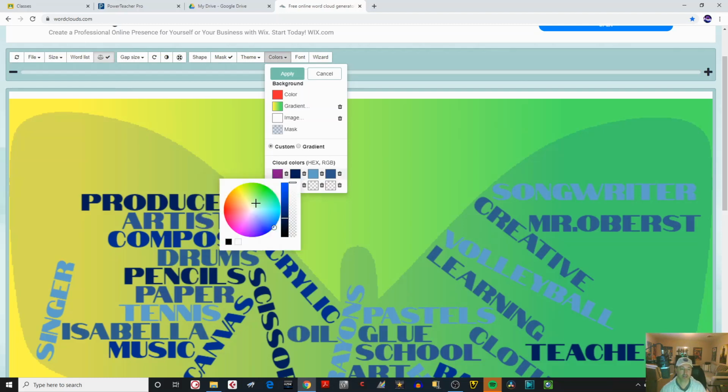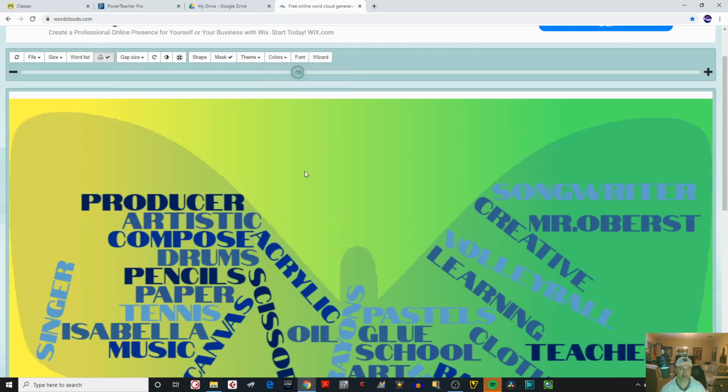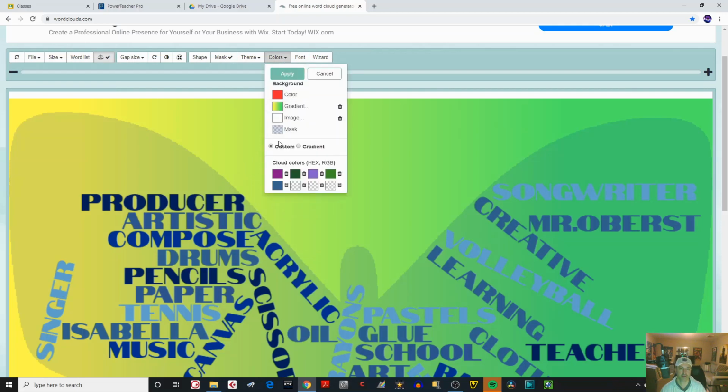I want some colors to be that color. Some color, or some words to be that color. So you can just click around and change the, oops, I forgot to put apply. So as soon as you change all of these colors,